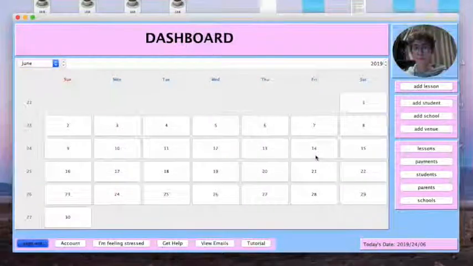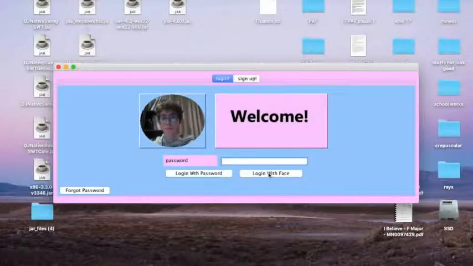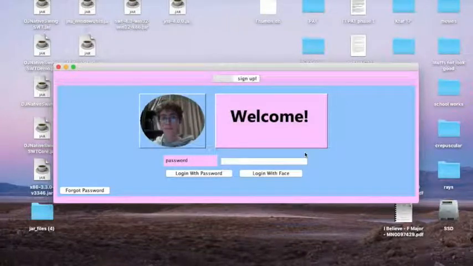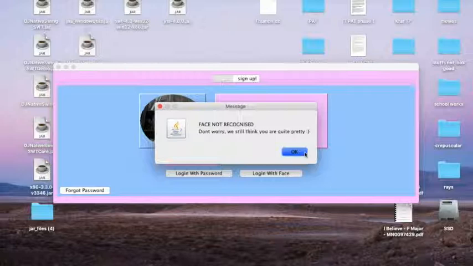Bye-bye. We can also sign in by using facial recognition. So for this, you click it and you look at the camera for a couple seconds until you hear the snapshot. Please look pretty for the camera while we validate your face. Please click OK and then wait a few seconds. Okay, and it took the picture and loading, sending it off to the internet to be validated, sending it back up. Apparently I'm not recognized. Okay, well, granted, we only have 5 portraits in the database, so we can try again, but otherwise,